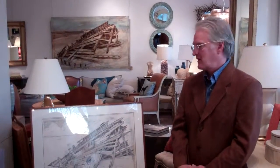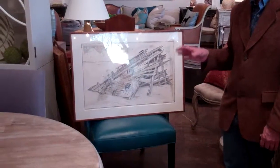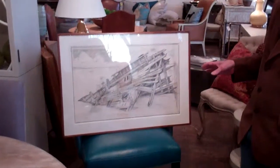But after those simple shapes, I began to develop more sophisticated images of boats and ships, shipwrecks, boat houses, anything littoral, which is on, of, or by the sea. So I was surrounded by that subject matter, and what's kind of interesting about these drawings on charts, I think, is that